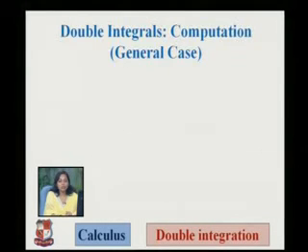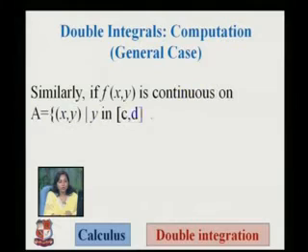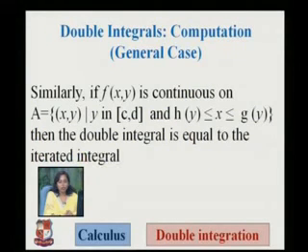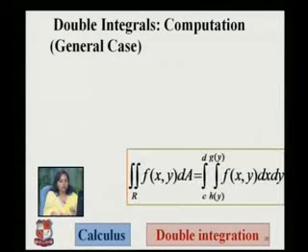So, we can evaluate this type of question, but how we take the strip is very important. In a general case, suppose f(x, y) is continuous and the region D has c and d as the limits for y. For the limit of x, we have h(y) to g(y). Then the integration of f(x, y) dA is from c to d, the limit of y, and h(y) to g(y) is the limit of x.